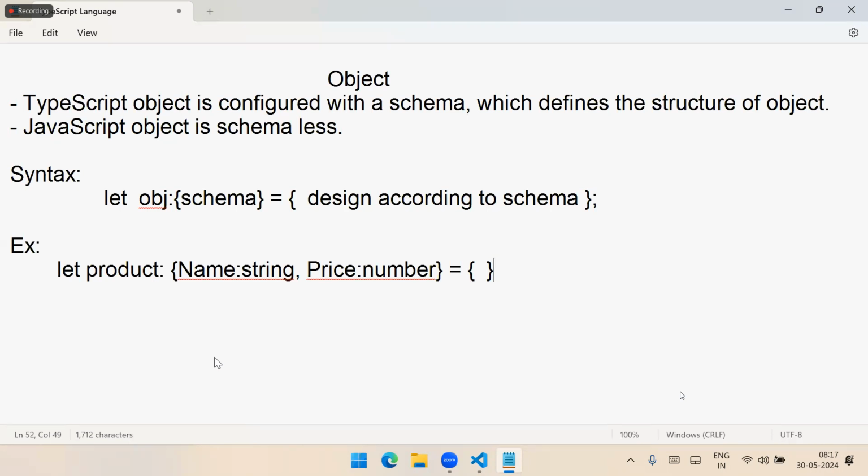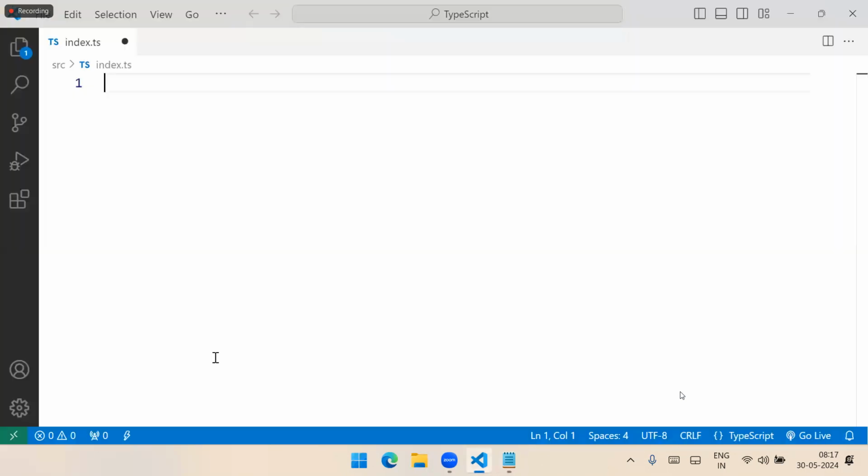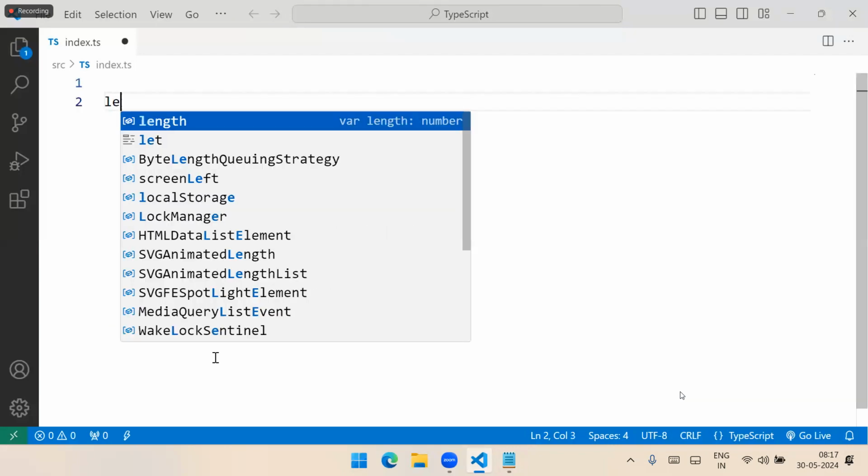And remember, in the structure, what is configured, only that you have to define. You miss anything in the structure or you add anything which is not in the structure, it will not accept. That means you cannot miss any content in the structure. You cannot add anything which is not in the structure. That means here you can see the point is here, let product,